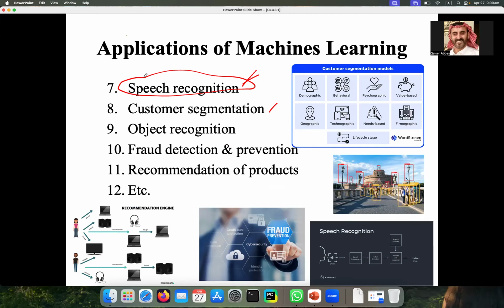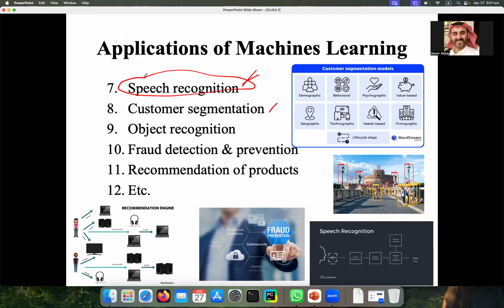But actually, you can say either machine learning or deep learning or information retrieval or big data, whatever. The mother is the same, the NLP. NLP is basically the major domain under the umbrella of AI.